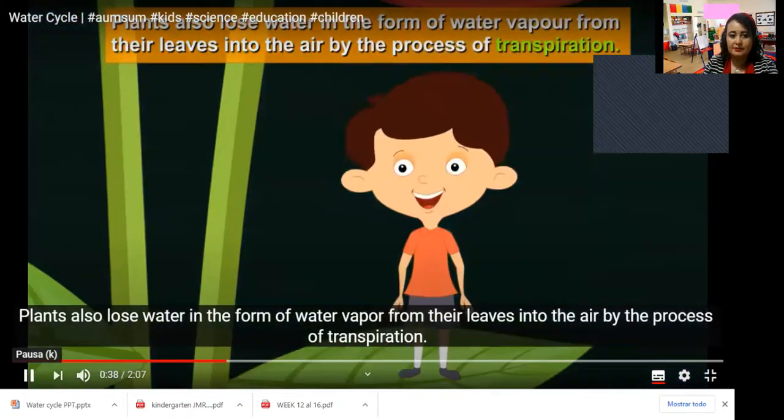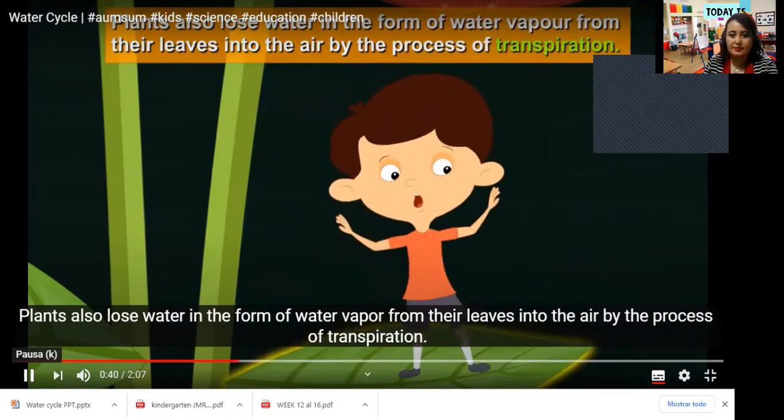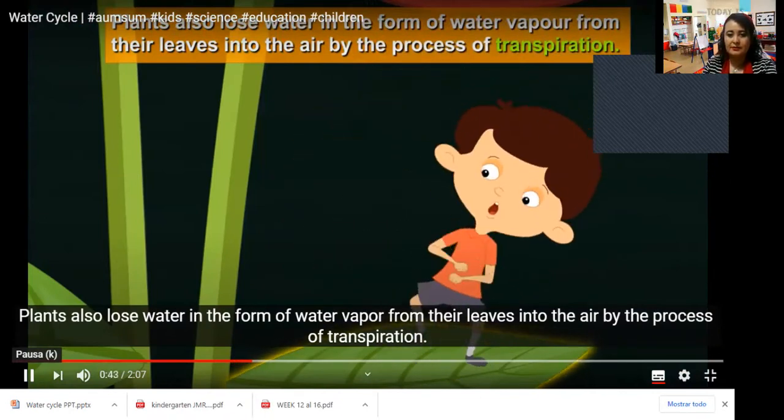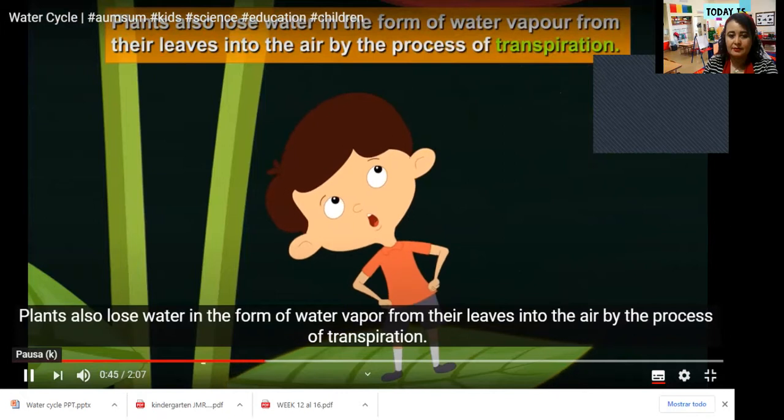Plants also lose water in the form of water vapor from their leaves into the air by the process of